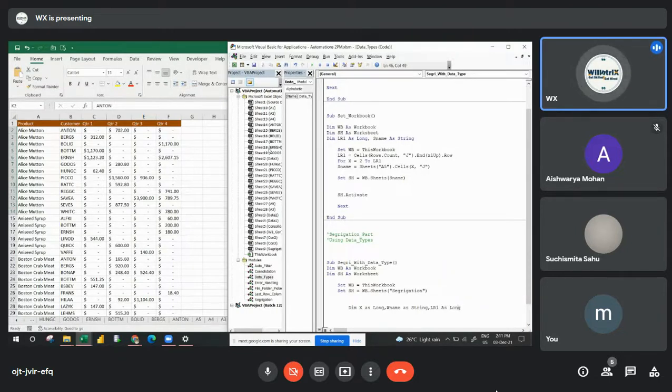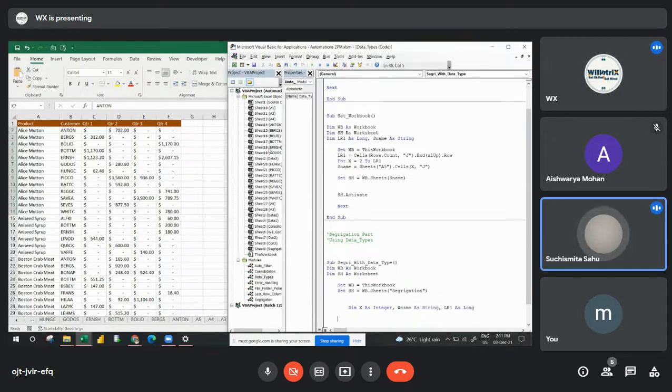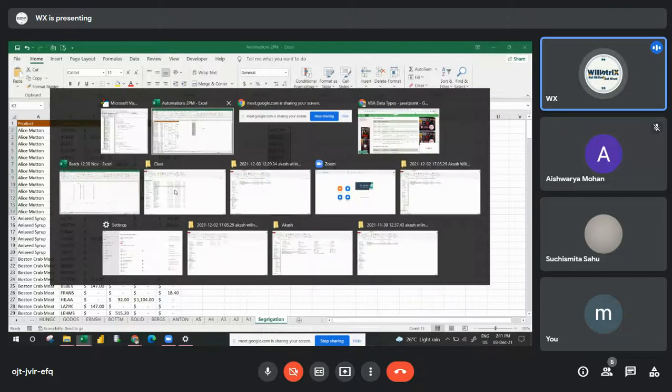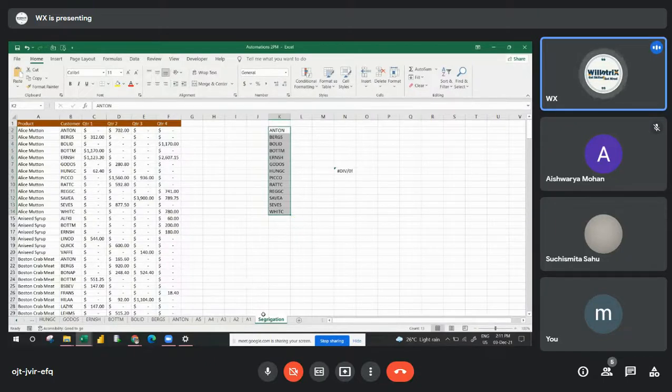Better, instead of using Long, we can go with Integer only, as Integer. Whatever variables you want to hold, you can give and set with the data type, what it holds, according to the number or alphanumeric string. Then now, what I will do is, I will find out the LR1. I'm not sure whether this will be an active workbook or an active sheet.